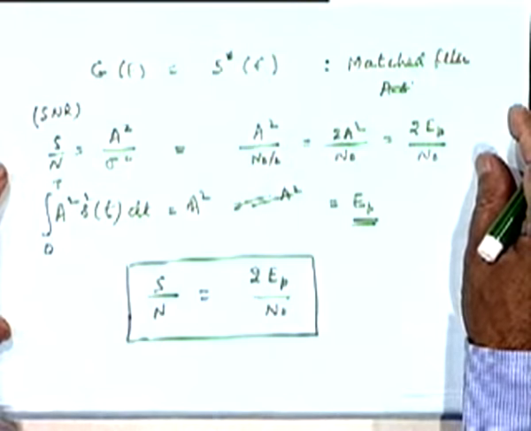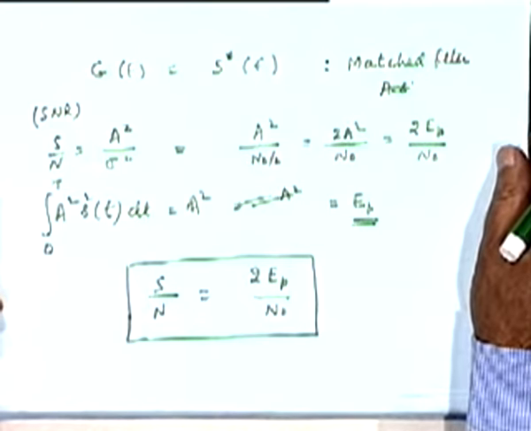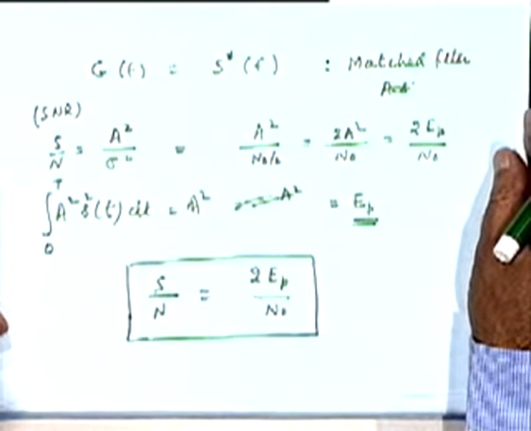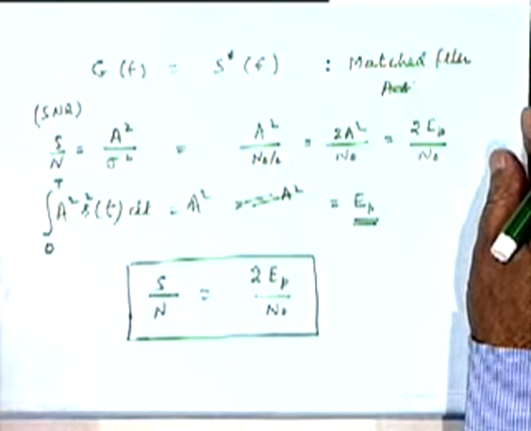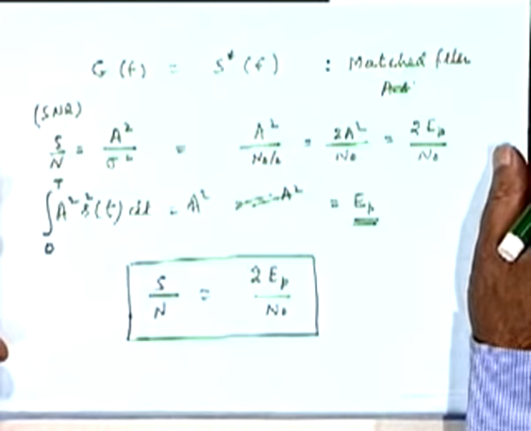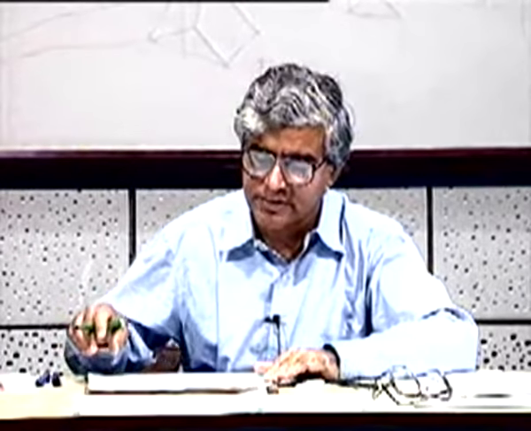However, we have already seen that pulse shape is important for other reasons, for example intersymbol interference. So it is nice to know that we don't have to worry about pulse shape as far as performance against noise is concerned, as long as we make sure that there is no intersymbol interference, and as long as we give sufficient energy in the pulse to have a good signal to noise ratio. The only parameter that is really of importance is the energy contained by the pulse.